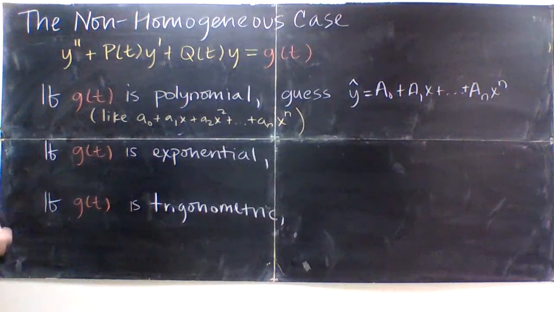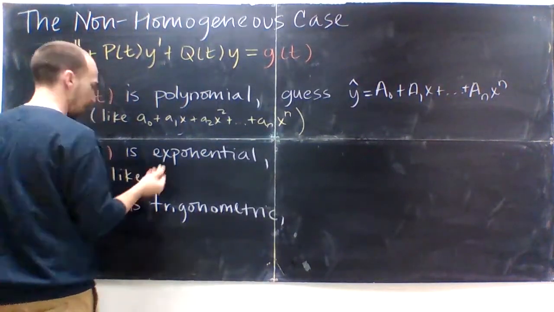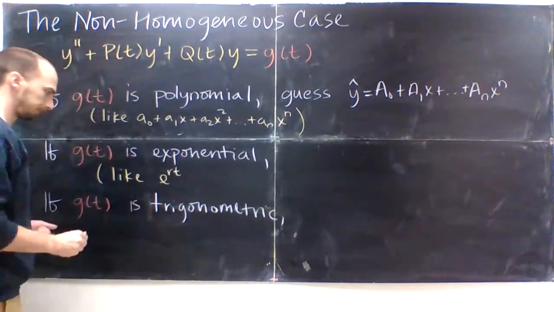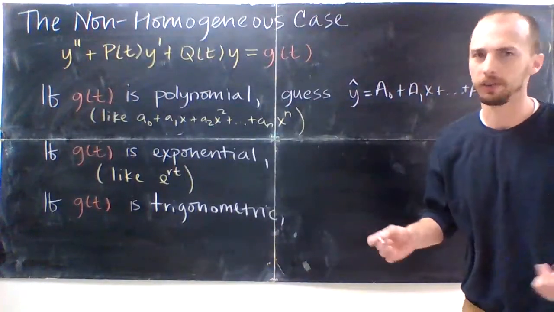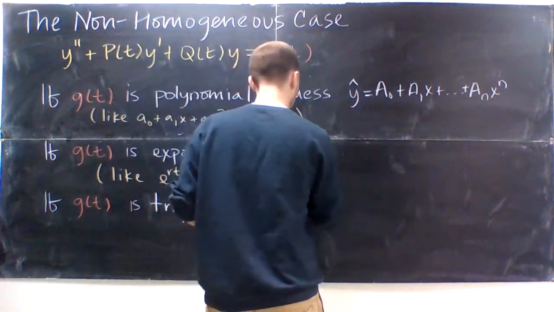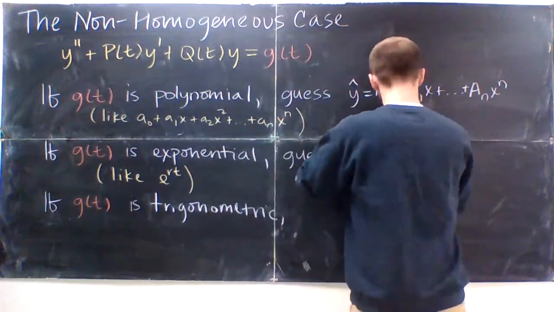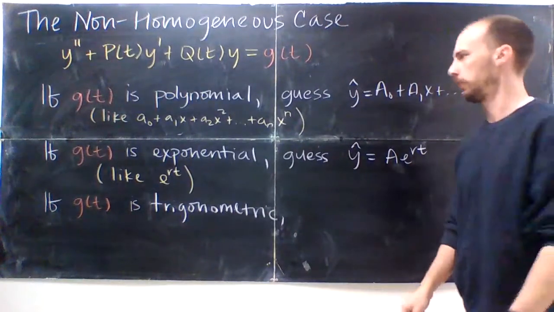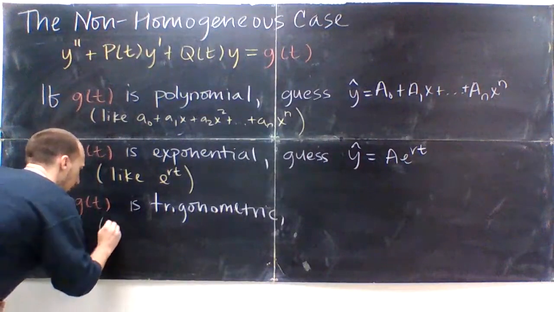If g of t is exponential, like e to the rt, we're going to guess some number times e to the rt. I already showed you how to do that. A e to the rt. That equals A e to the rt, and figure out what A is. Determine that coefficient. And if g of t is trigonometric, you know, like